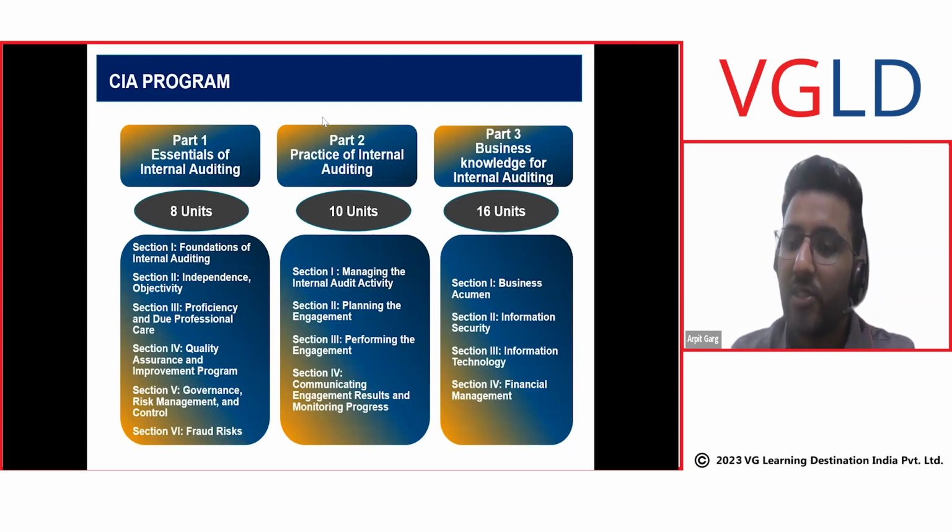We have 2 sections from IT and information security, which means everything related to cybersecurity, emerging trends, technologies, IoTs, in terms of information security, as in data analytics, big data analytics, end user computing, cloud security. All of that is something that we understand as part of part 3, which is very critical from a futuristic solution standpoint, and for today's world where we understand IT and information security. And section 4 is all about financial management, where we understand the basics of financial management,